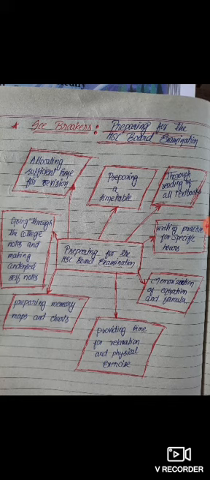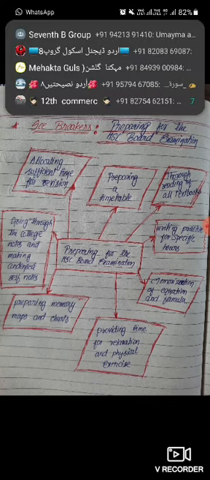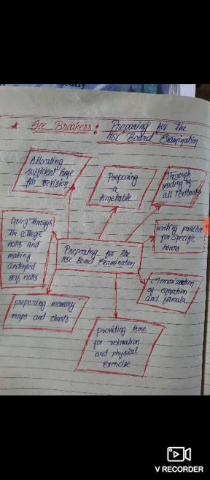Next is going through the college notes and making condensed self notes. It means that in your teaching learning process, classroom teaching is also very important. In that classroom teaching, you have to write down your notes, and after taking notes, you condense them into your self notes. You can make your own self notes.